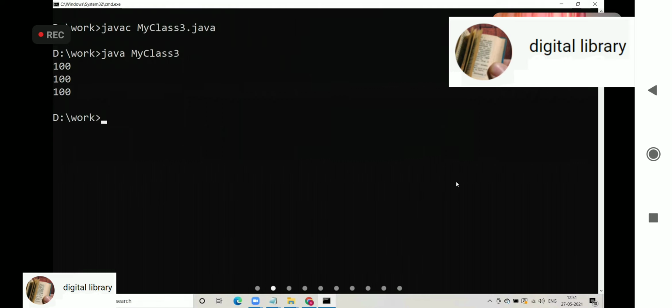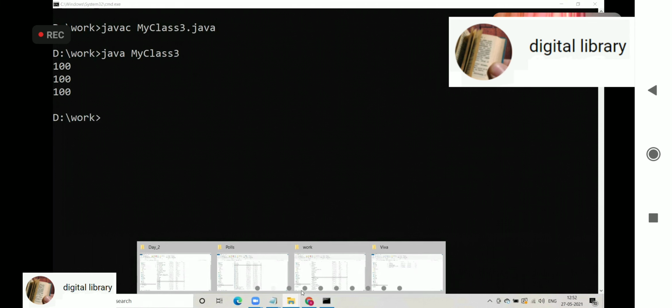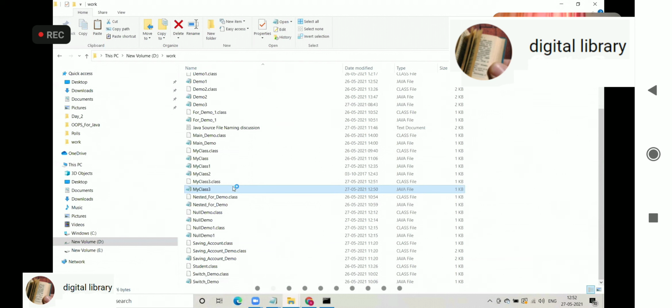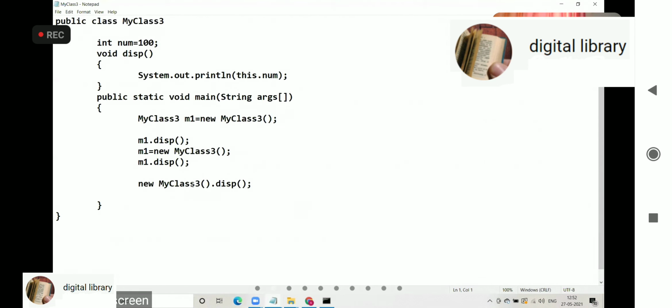Sir, what will happen if you call that MyClass new object again? New MyClass3 display, the same statement again? Yes, sir. That will be another object, object number 4.